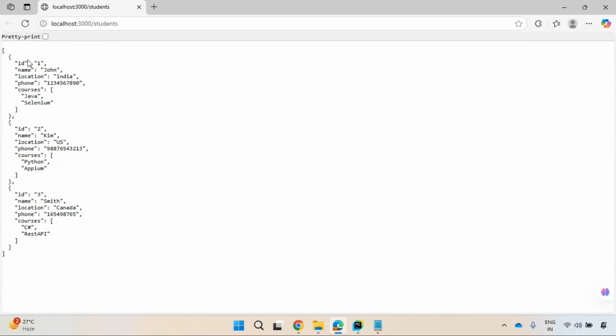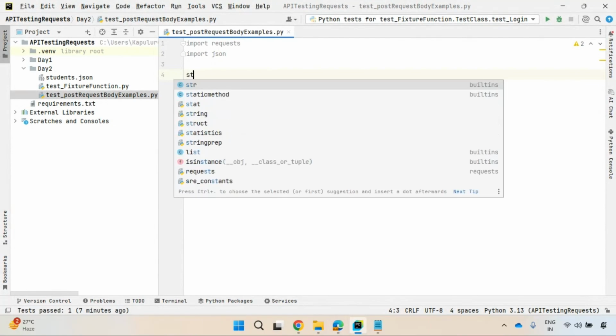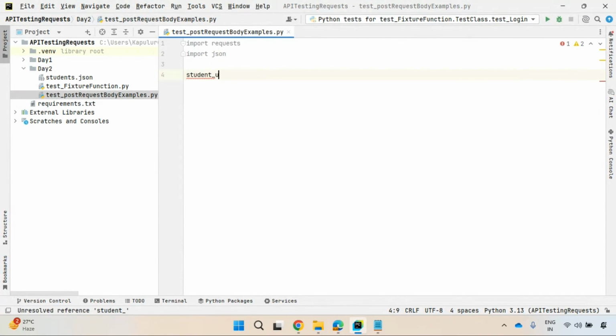Right? So that ID is required to update that student, to delete that student. So ID is an important parameter. You can capture that. At the very beginning, I don't have this ID. Going ahead on subsequent operations, I'll get this student ID. So to store that, I'll define that student ID as a variable, a global variable,